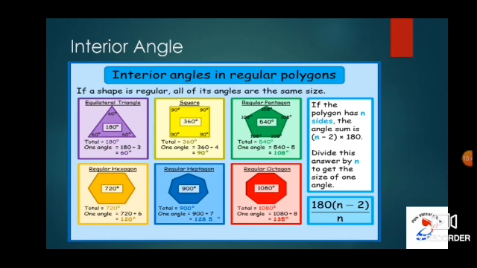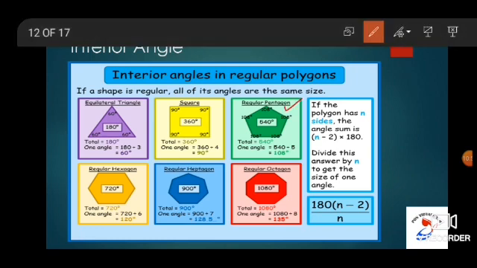Now the angle sum property of a square is 360 degrees, because each angle of a square is 90 degrees. Similarly, for pentagon it is 540, for hexagon it is 720, for heptagon it is 900, for octagon it is 1080. Now we have discussed the angles for each and every figure, that is for triangle, square, which means quadrilateral, for pentagon, hexagon, heptagon and octagon.